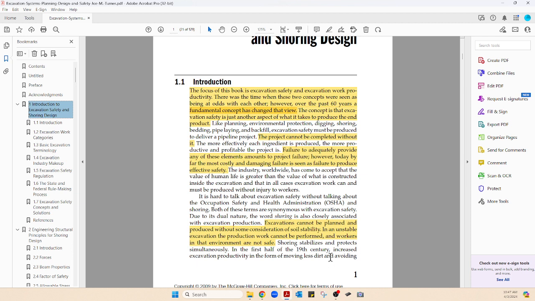And this is like a little history lesson, so I'm going to keep on and then I'm going to turn it over to you. In the first half of the 19th century, increased excavation productivity in the form of moving less dirt